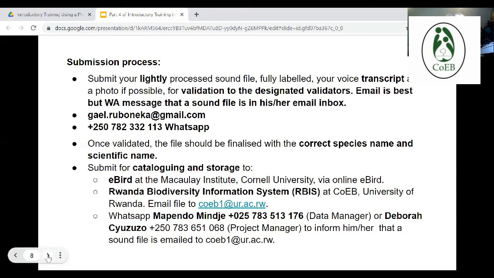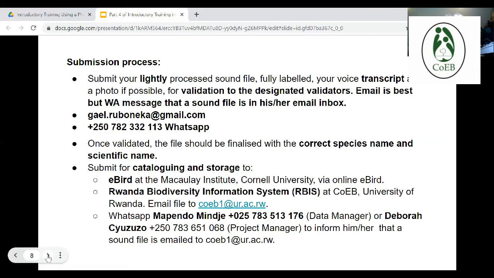All those items in an email to Gail or anybody appointed by him. Gail is very busy and is often in the field, actually, so you might not hear from him straight away. It's quite useful to send him a WhatsApp message to say that you have submitted data to his email address,